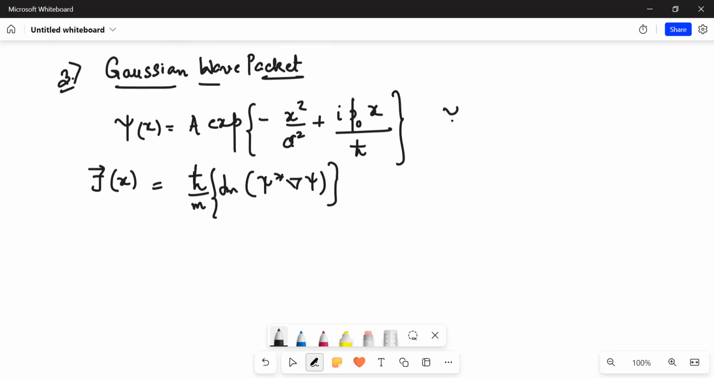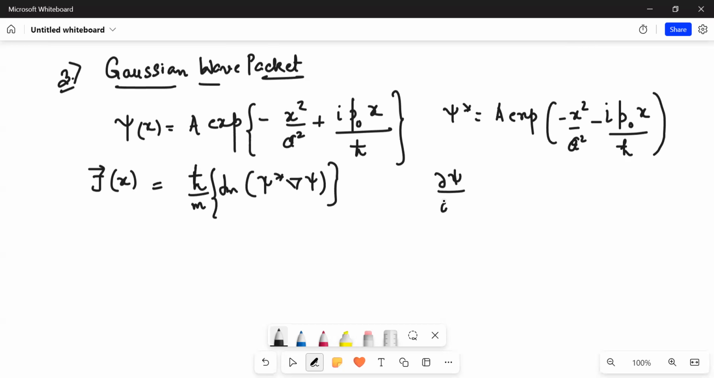So if this is my psi, what would be my psi star? Psi star would be A star, exponential of minus x square upon a square will remain as it is. Here you will have minus iota p naught x upon h cut. Okay, and if I want to write del psi upon del x, it will be equals to A exponential will remain as it is. I'll write once, and then you will have this minus of